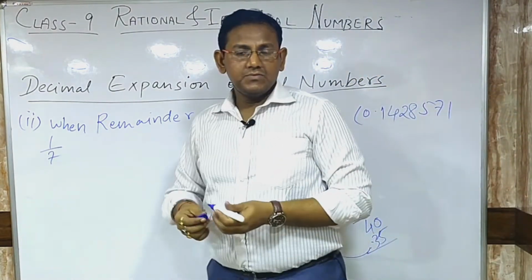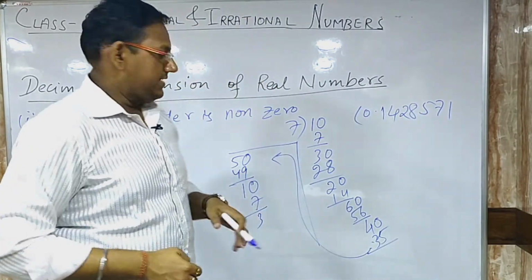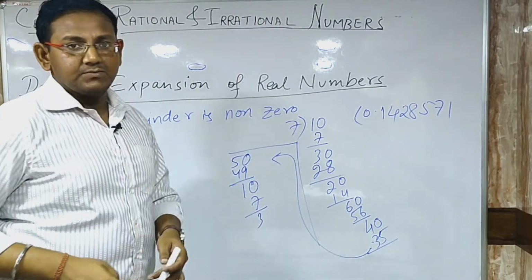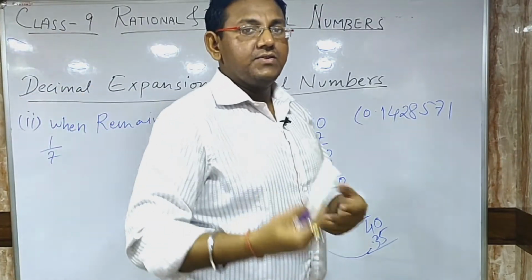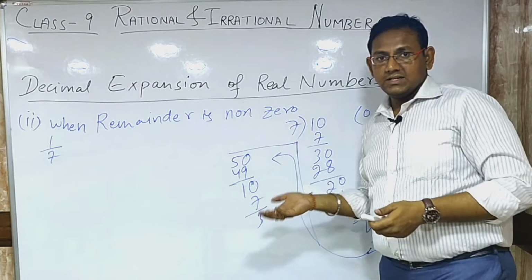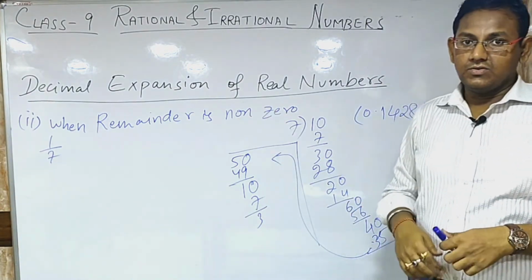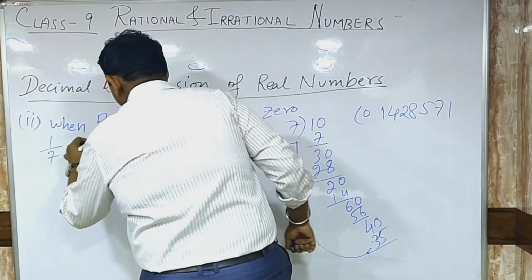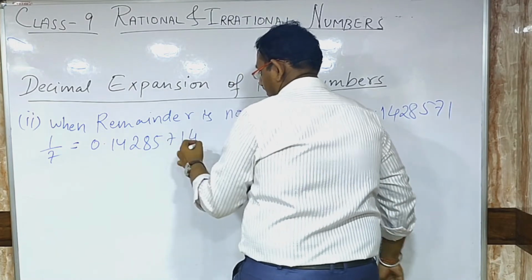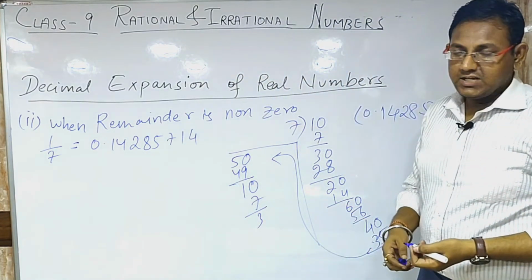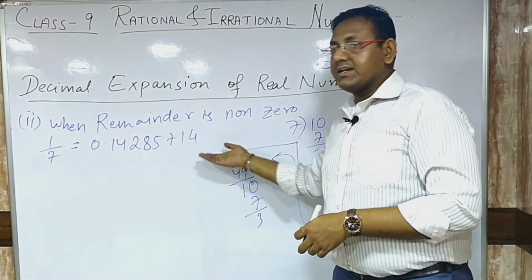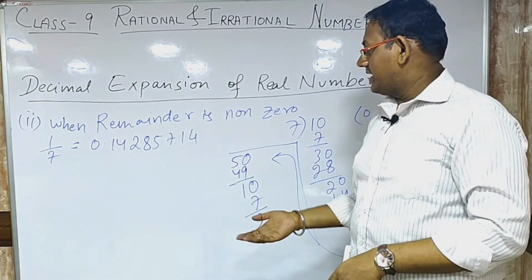So in this particular example we can see that the numbers are repeating themselves. There is always a remainder at the end of the division process, so we are not getting a perfect division. We can see that the division goes on and continues. This kind of division specifies that the remainder is non-zero. This type of number, 0.142857, then again 1, 4 and so on, is called a non-terminating recurring number.